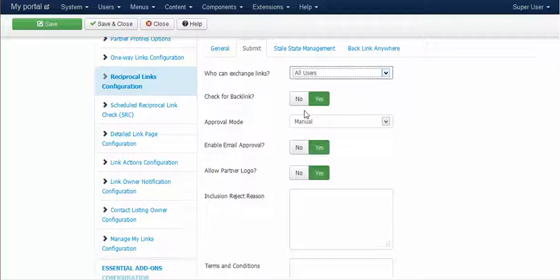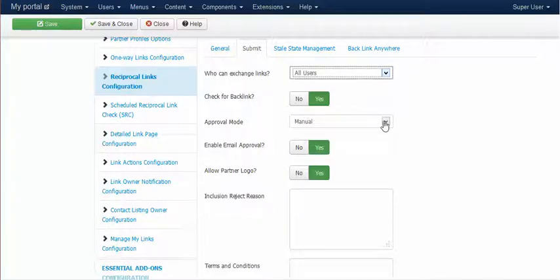Now often we find that some of the partners may actually just get a link back from your website to theirs, but they may not actually be linking back to you. Now this option ensures that at the time of exchange your partner is indeed linking back to your website.